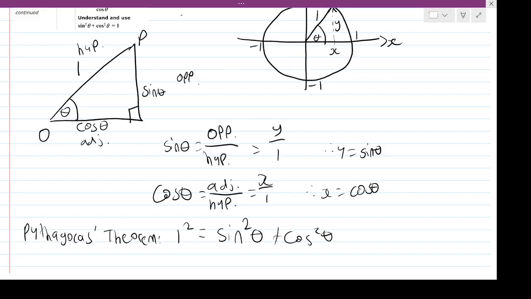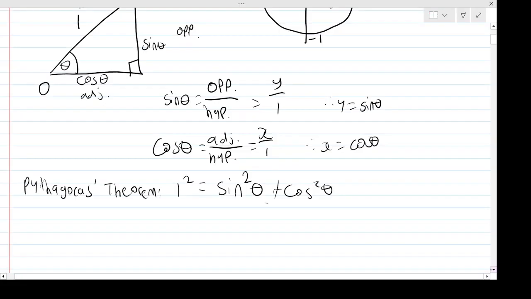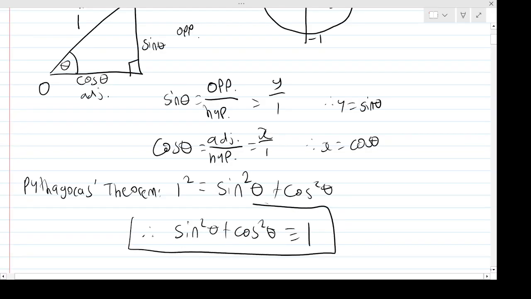So that's Pythagoras, right? The hypotenuse squared is the opposite and the adjacent squared, added together, right? So we get this equation. Well, 1 squared is just 1, right? So therefore we can conclude that sine squared theta plus cos squared theta is identical to 1. Okay, so that is the first identity we will be using,